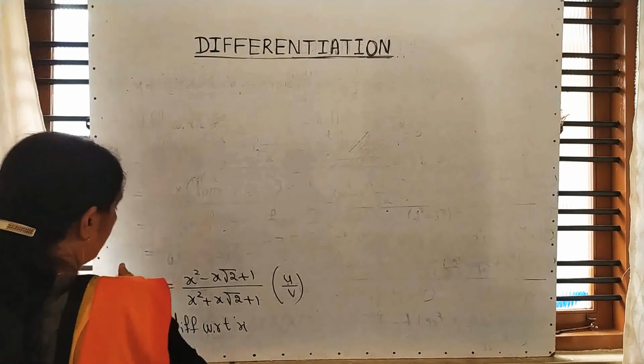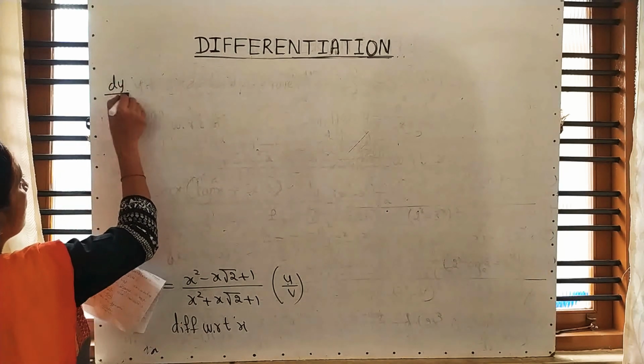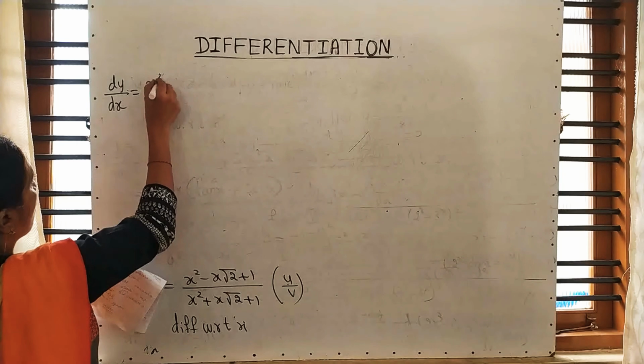Apply u by v method. Dy upon dx is equal to